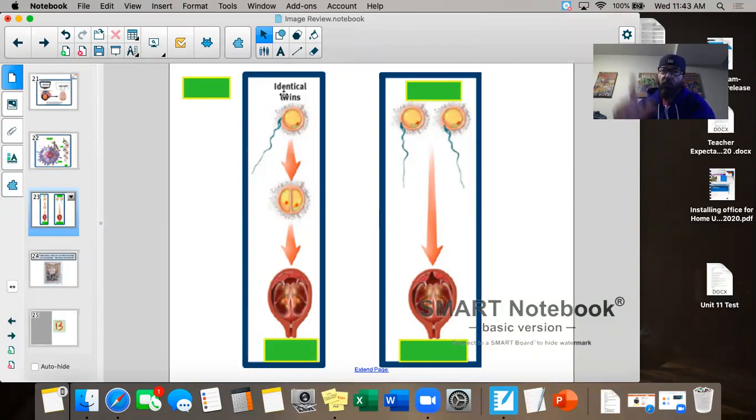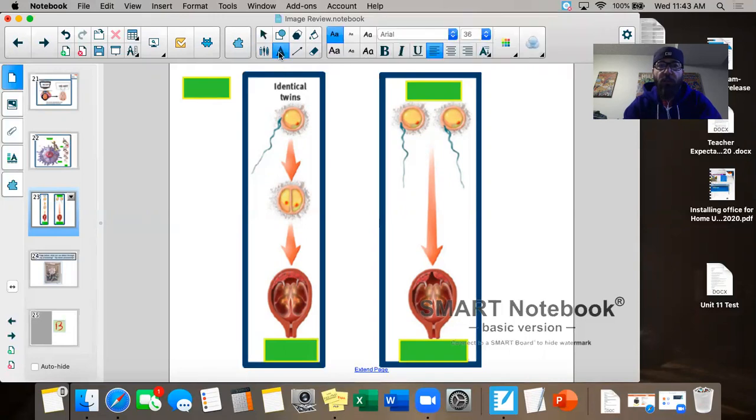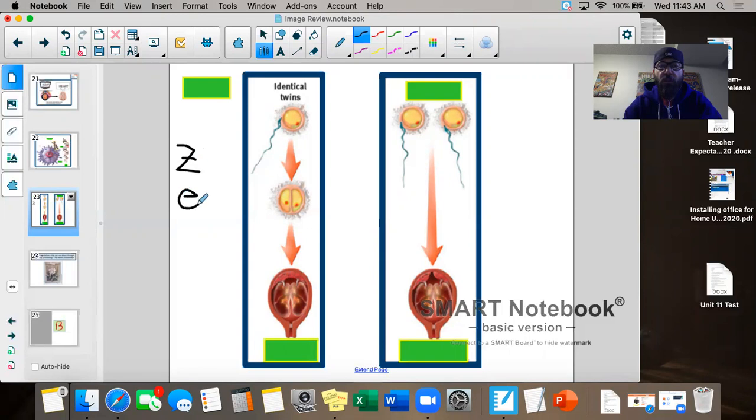Identical twins, if you have one sperm, one egg, go together, and then we end up with a split. The other term you could see for identical twin, although I wouldn't anticipate it on an AP exam, would be mono for one, monozygotic. The zygote's then going to split. And while I'm at that spot of saying zygote, let's go ahead and pause for a second and do the order of development. If we're talking about a human, we have a zygote, and then another thing that starts with an E,